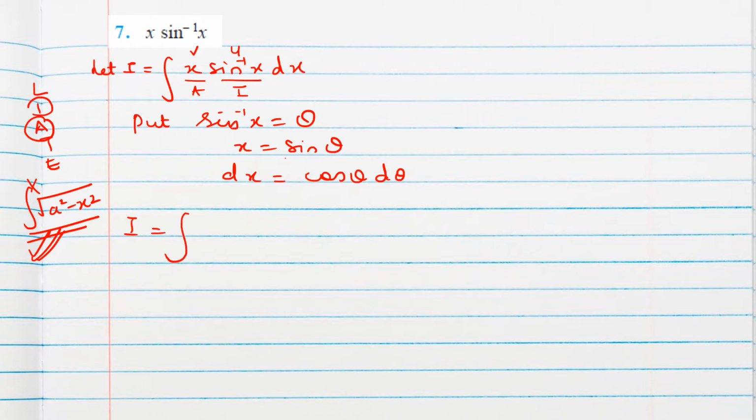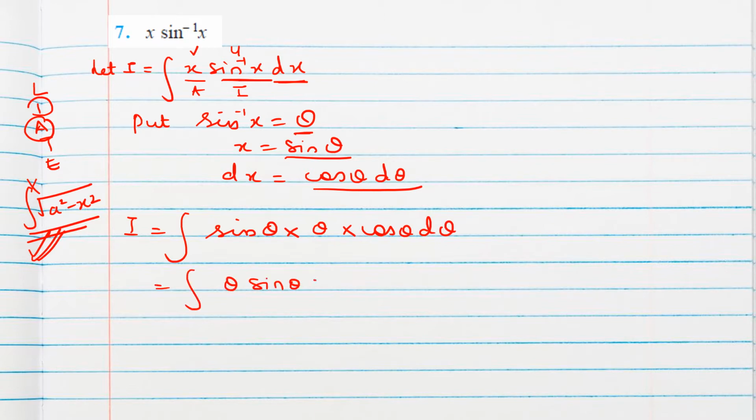This is the substitution. Now change the integral into theta form. So x is what? Sine theta. Okay, then sine inverse x is what? Theta. Okay, then dx is what? Cos theta d theta. Okay, so here theta sine theta, if I write in proper order, this will be like this: theta sine theta cos theta. But here if you see, three terms are there, right? We have a formula for only two terms, product of two functions. So what we will do, we will change sine into cos theta into some other trigonometric form.